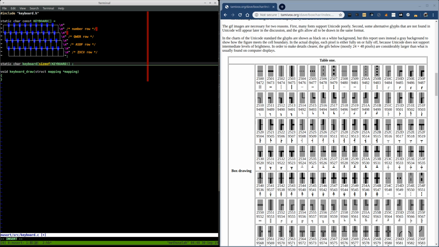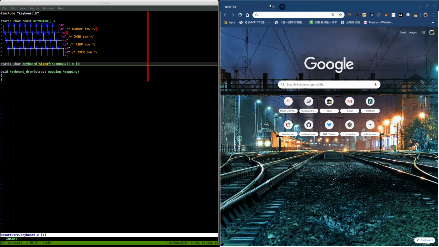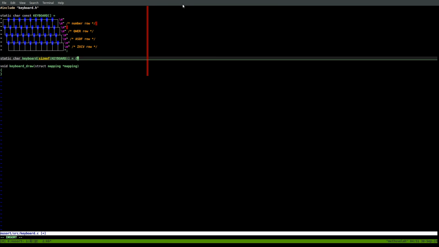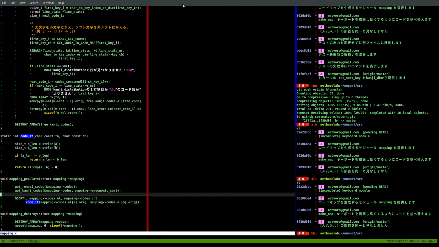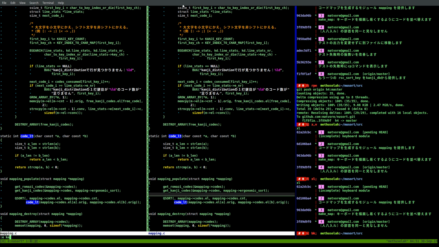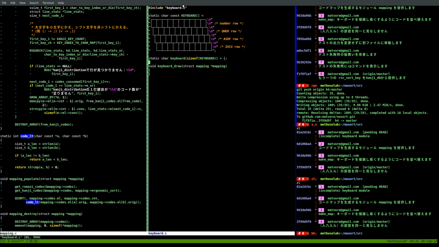So this, I'm not sure how to initialize this so that it's the same as the keyboard above. As long as we finish this line drawing here, let's close this page. We don't need this anymore. And let me save this and go back to the main window. .c. All right. So for this, I think I'll initialize it